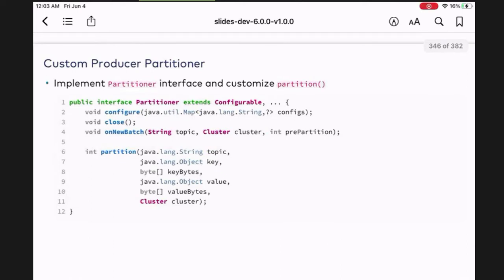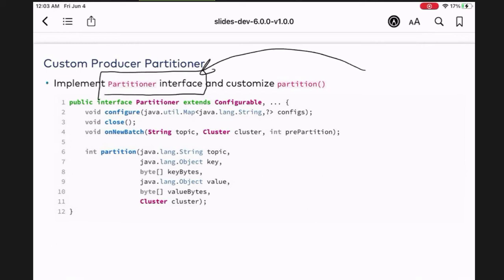I want to build my own custom partitioner because I know I'm going to expect a certain number. Maybe it's doing holidays, so I know that this item is hot, and whenever I see this key, I want to send it to some other partition because I know it's going to be special processing. I can create my own custom partitioner. So in Kafka, we have a Partitioner interface. And remember, in Java, this is how we handle multiple inheritance. If you have an interface, then you need to implement the interface, right? And if you implement the interface, then you have to define the methods.